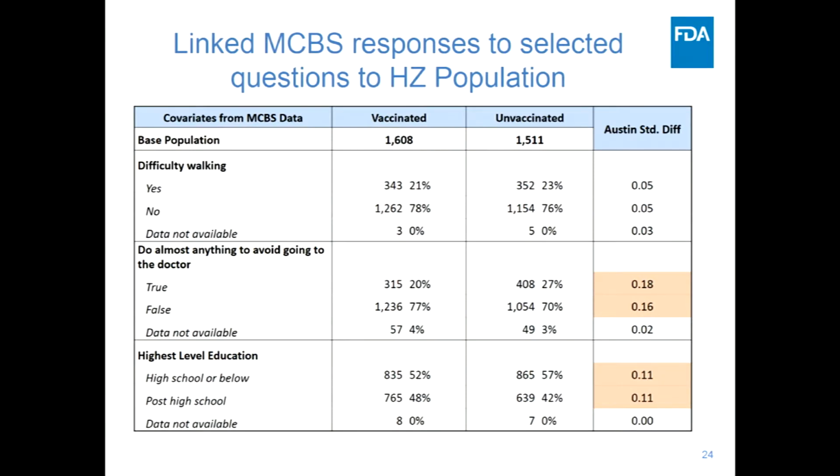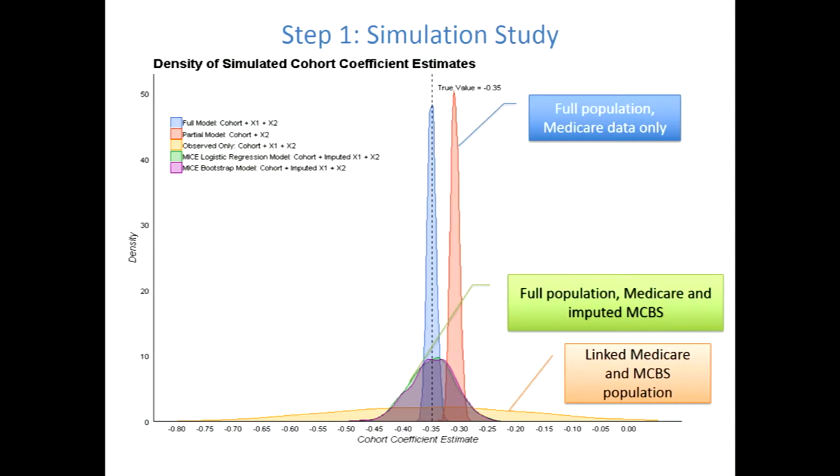So we chose responses that, in our judgment, were representative of the problems we had found, which is avoidance to go to the doctor and level of education. And we also used difficulty walking, the answer to the question, do you have difficulty walking? Because it was highly prevalent. There was a 20-something% response on I have difficulty walking, so it gives us some power, right? And then because we are always afraid of frailty and those kind of things. So we chose this in a way a little arbitrarily, but a group of social scientists, etc., selected it.